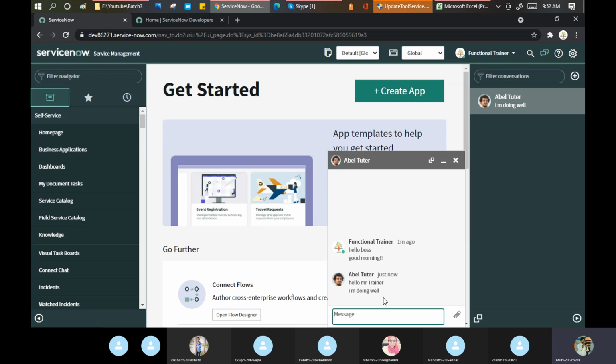Now what is the purpose of this connect chat or connect sidebar? Sometimes we don't have any other way to communicate with the customer or the user. Then we use this connect sidebar. There are limitations as well. If I'm not using this portal, I shut down my system, or I have not opened this portal for the last 2 days, I will not get any missed conversation notification either in my email or on my mobile phone.